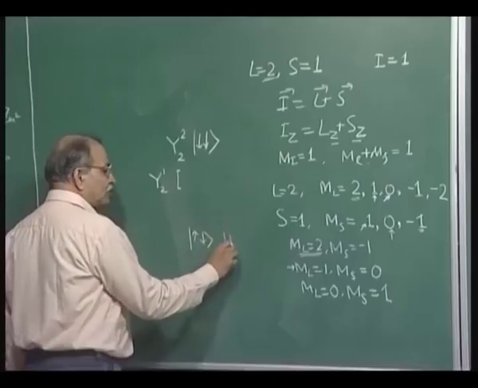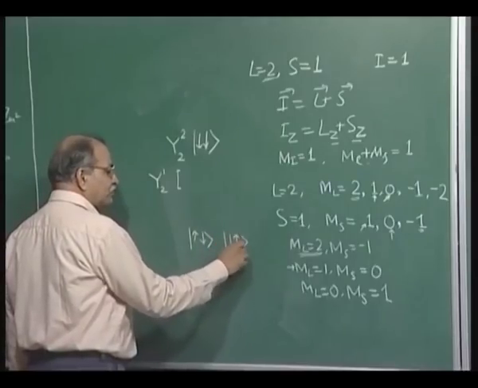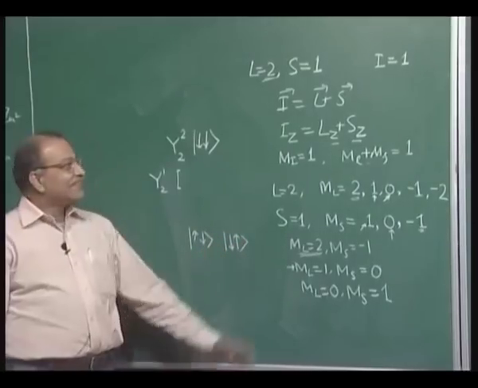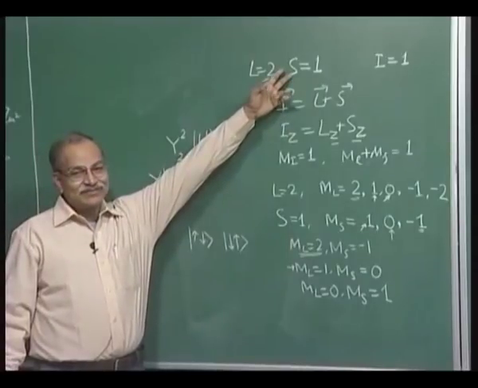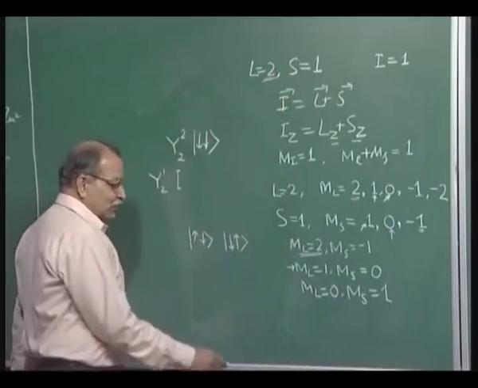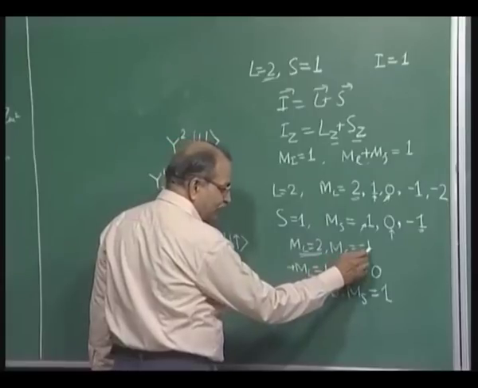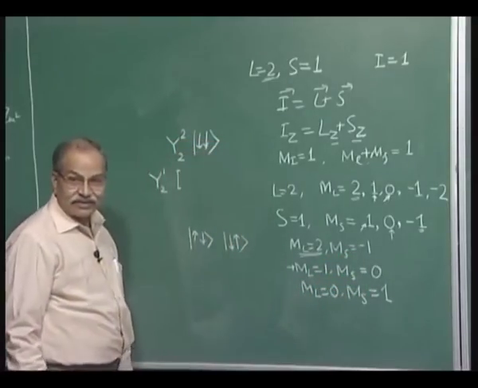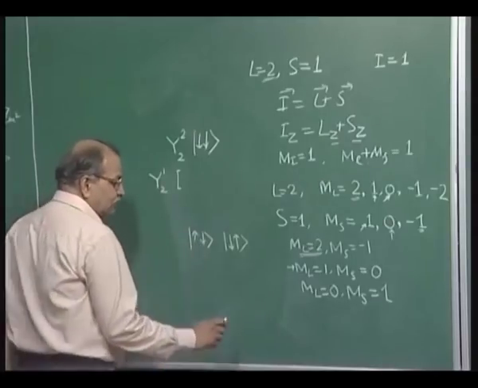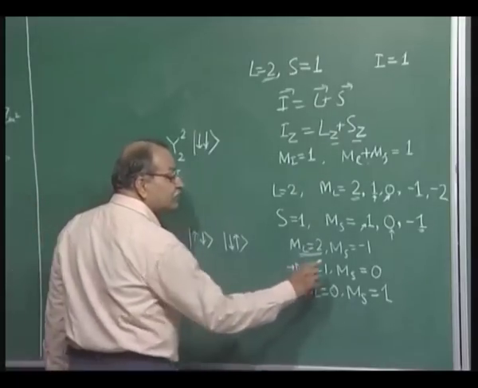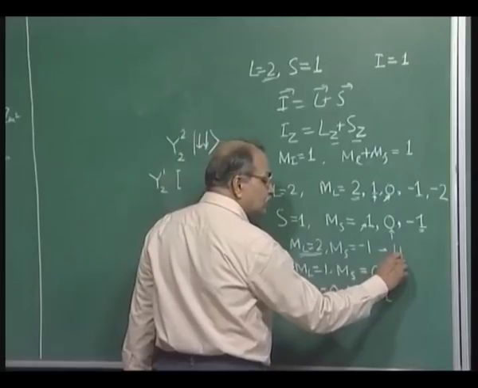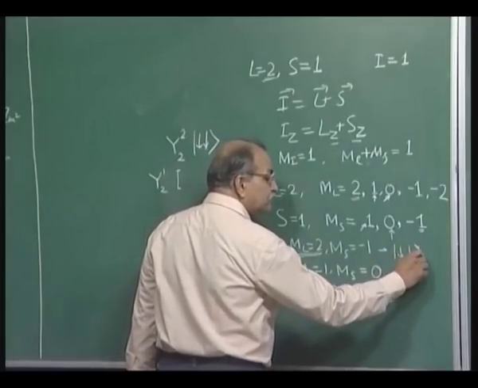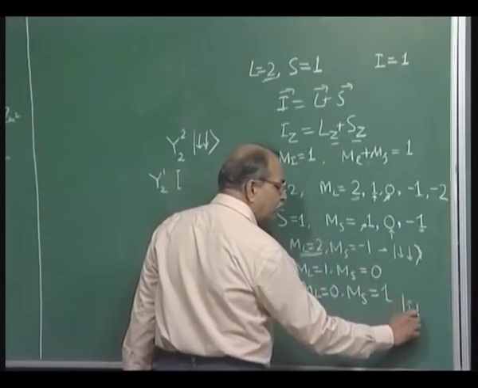Why not the first one down and second one up? This is capital S equal to 1. So, capital S equal to 1 corresponds to M S equal to minus 1, M S equal to 0 and M S equal to 1. In terms of the individual spins, this corresponds to down down, this corresponds to up up,